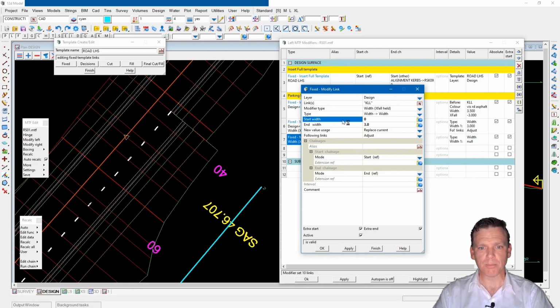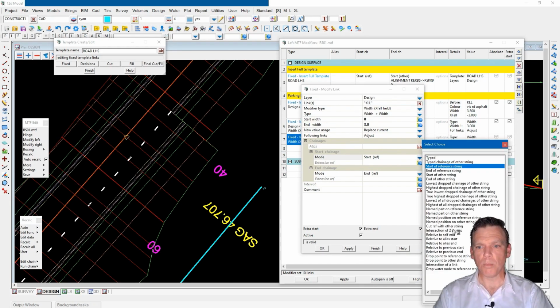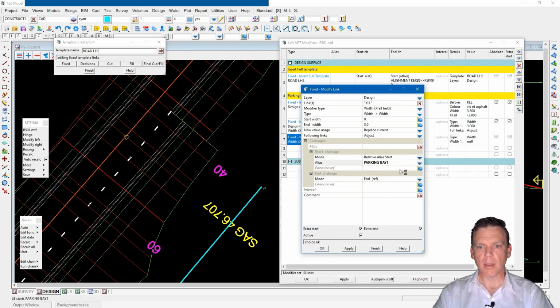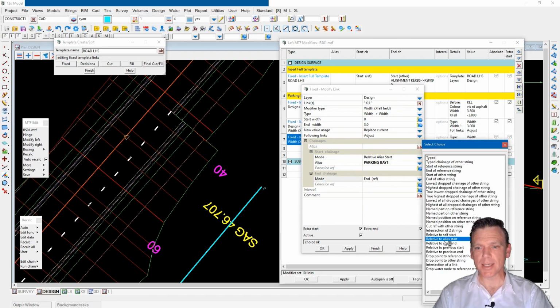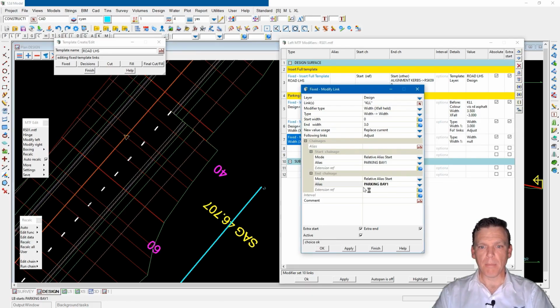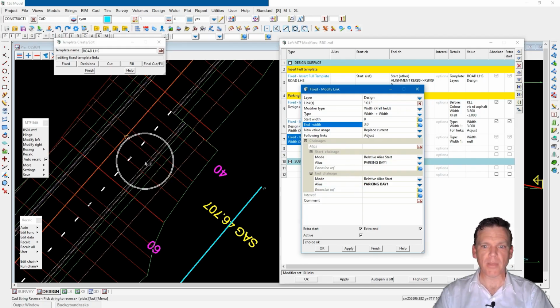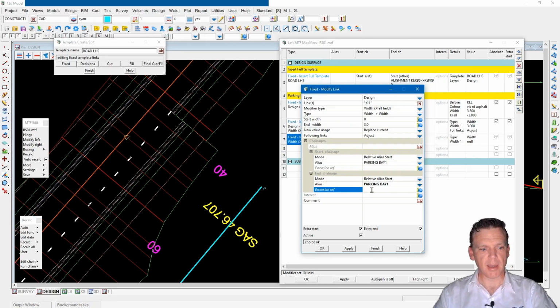So the start chainage, where the start width is going to be applied, would be the alias of the start with the width of 0. And the alias of the end, or the end chainage here, will be the alias of the start again. So I'm actually going to utilize the same point. But I've got this option to use an extension along the reference string. So I've actually picked the start point here for the start, and the end width, I want it to be 15 meters down the road. So I can actually place in here 15 meters from the start chainage, and that will be added on